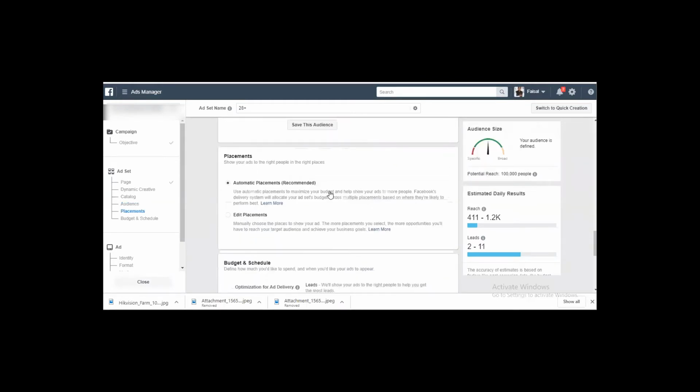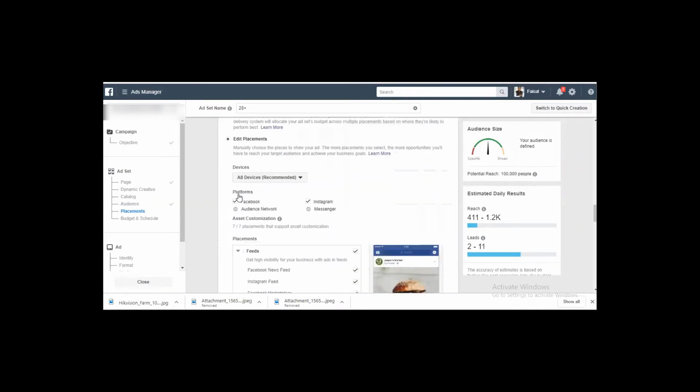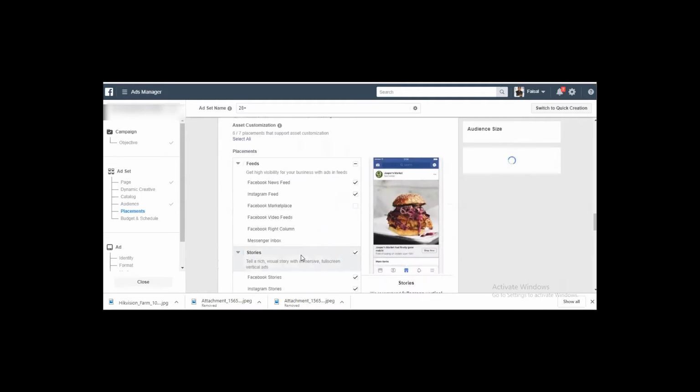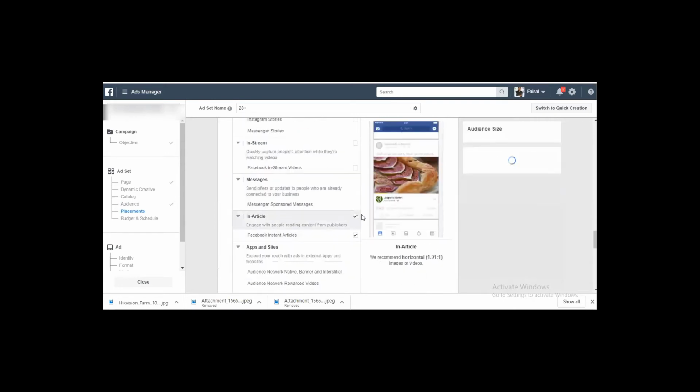Next is the placement. I want to only target Facebook and Instagram, and for mobile devices, not for desktop devices. And I also want only the feeds. I am unchecking all the other options.